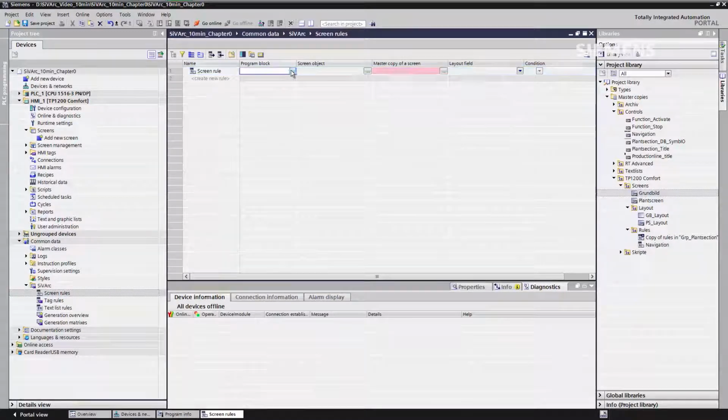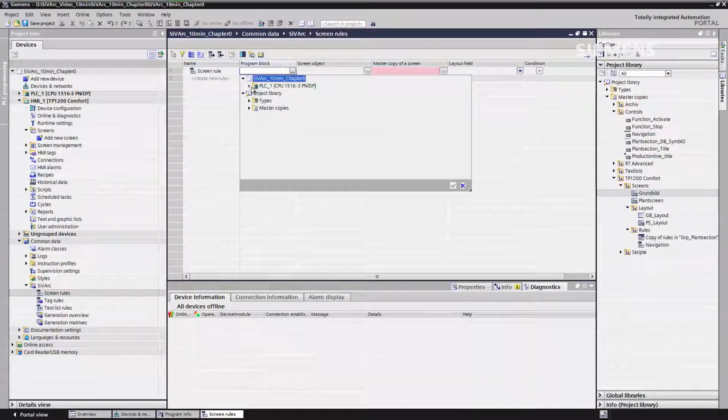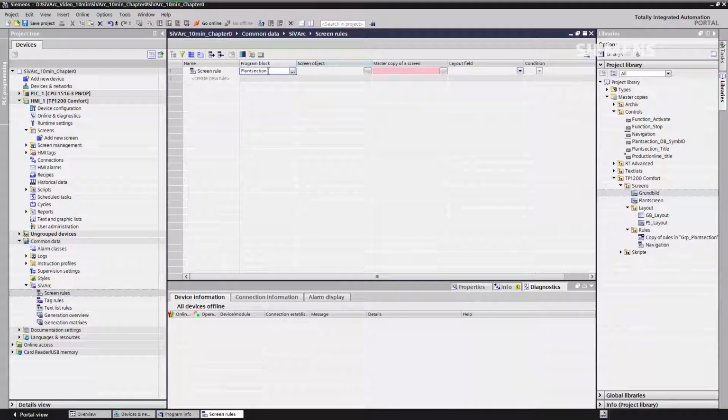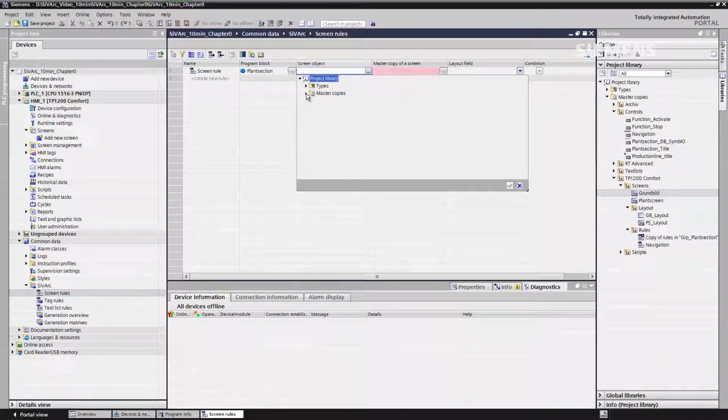The first step is to select a trigger module. We need this module because we go through the Step 7 program. And when we then see a call-up of this module, the rule is then executed. That means when I now see the plant section module, I of course also want to generate on the base screen the object that I just created,